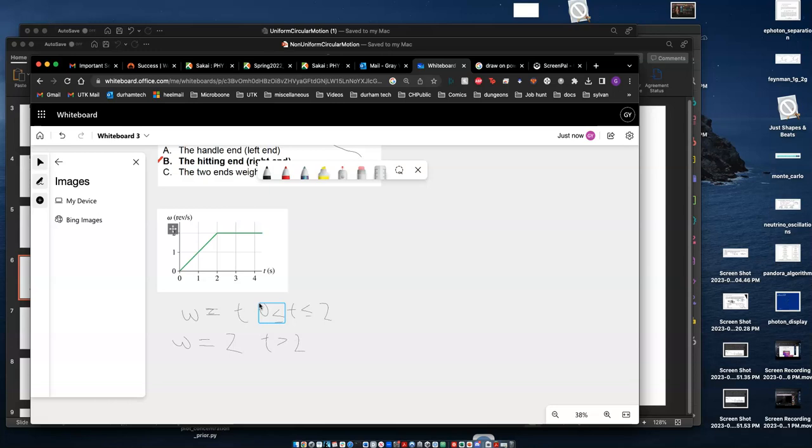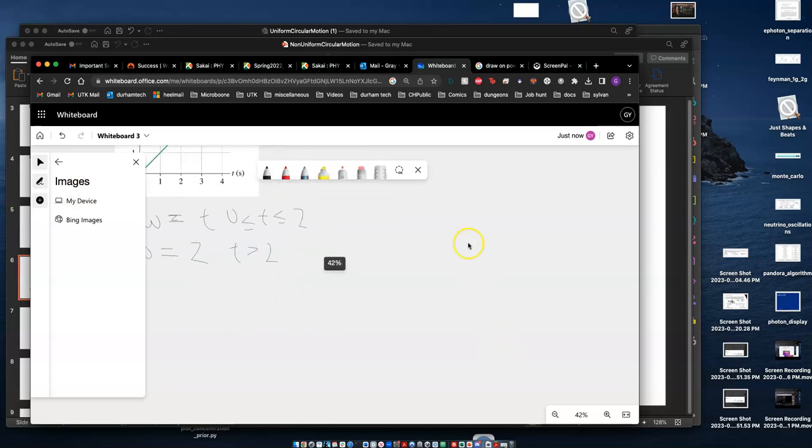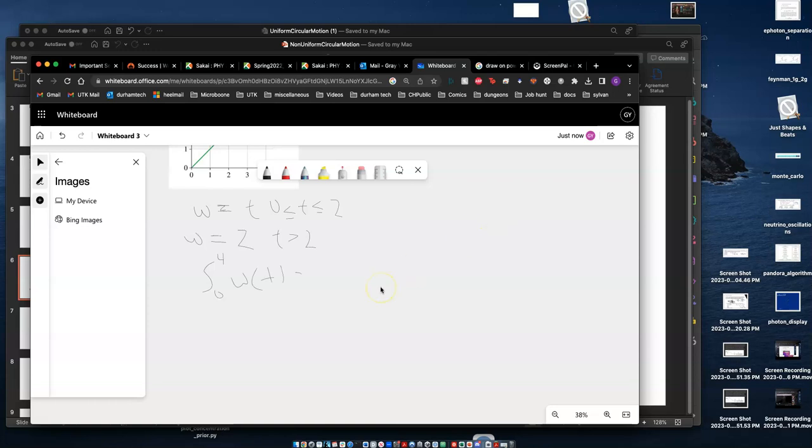And so we can combine these two, and we need to go for 4 seconds. So if we're integrating this over time, which is what we did manually by counting squares, then we have the integral from 4 to 0, but then we have to split it because it's 2 different equations. So we'll go from 2 to 0 of just t dt, and then plus,